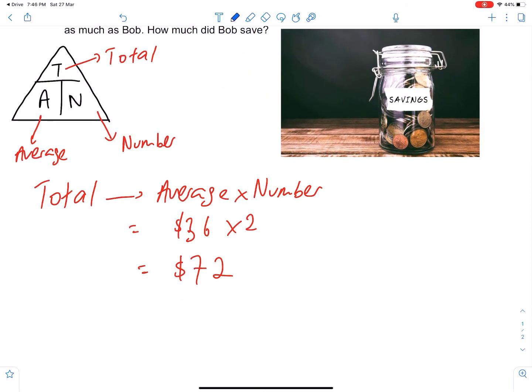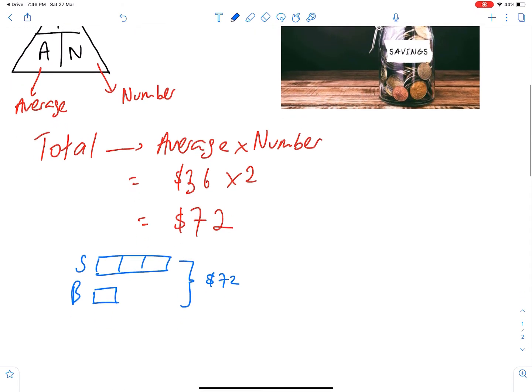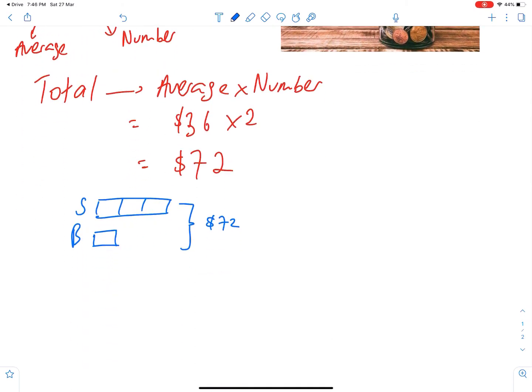Now what we know is that Sheila saved 3 times as much. So basically for Sheila we should have 3 units. For Bob it's 1 unit, and the good thing is we know their total amount of money, $72 saved in total. How much did Bob save? So Bob is 1 unit. So 4 units